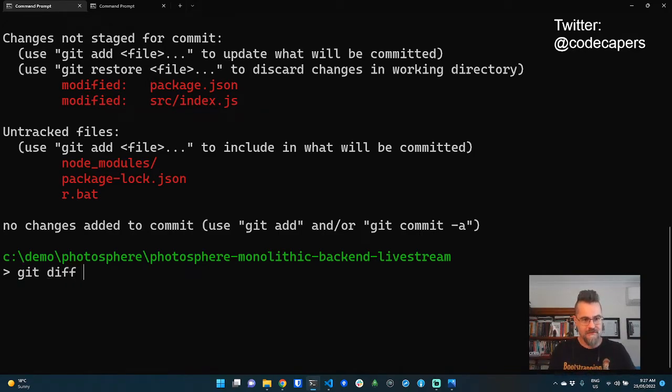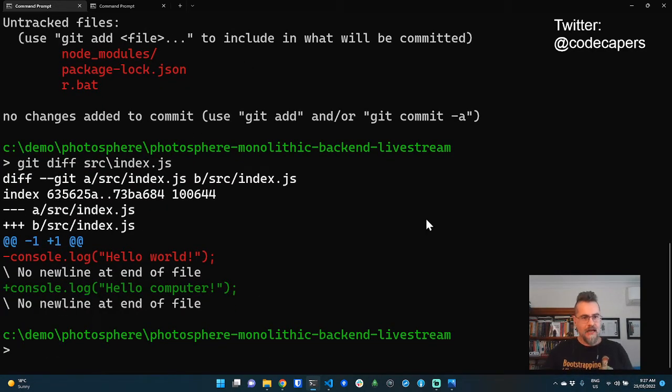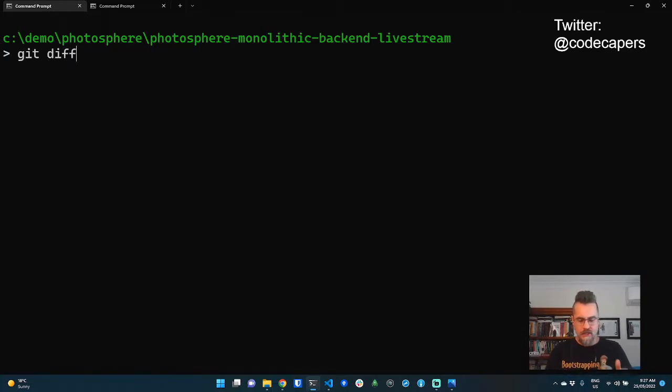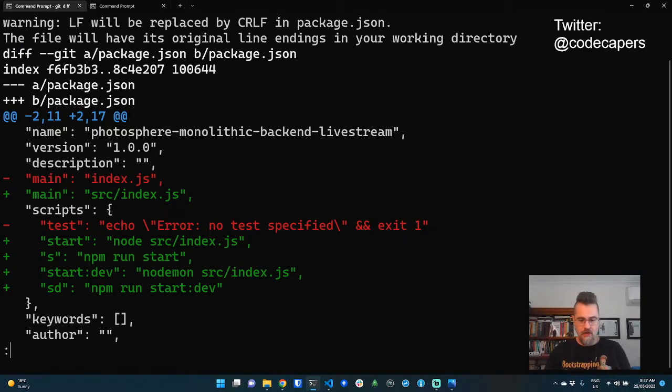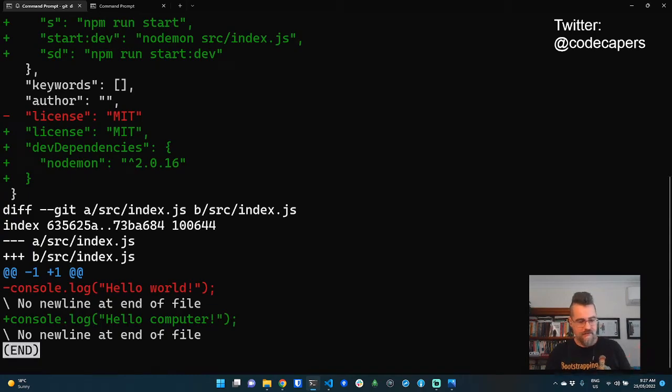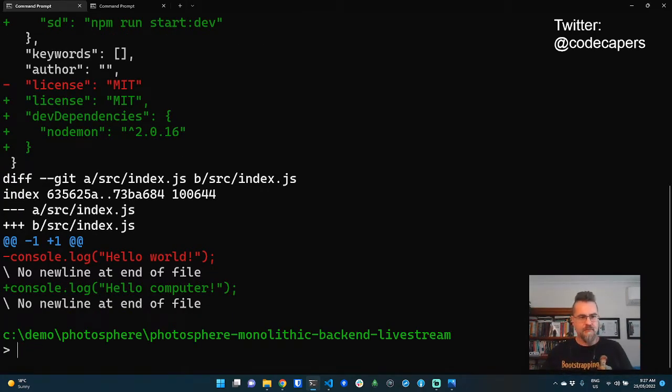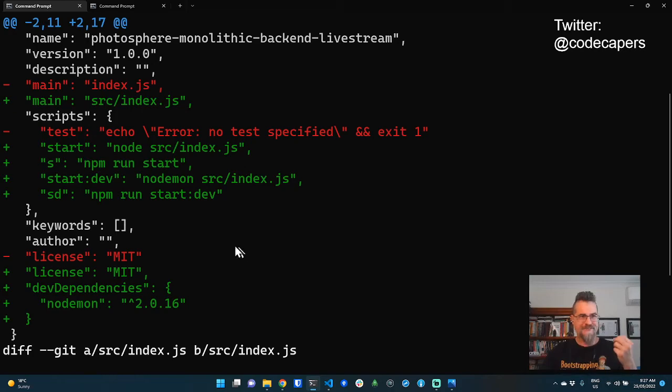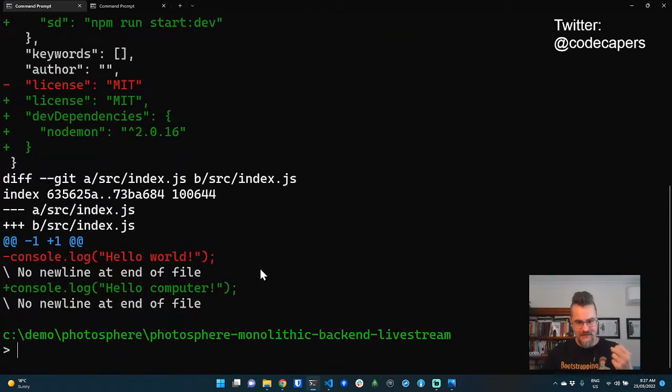It's just using git diff, right? So I want to look at source/index, and it shows me I've changed hello world to hello computer. So I'm just doing a visual verification on the thing that I've changed here. You want to do this for your whole project, by the way. So you can do a git diff by itself to show you changes across every file. This is a little bit hard to read. I will understand if you don't want to do this because it is a little bit hard to read.